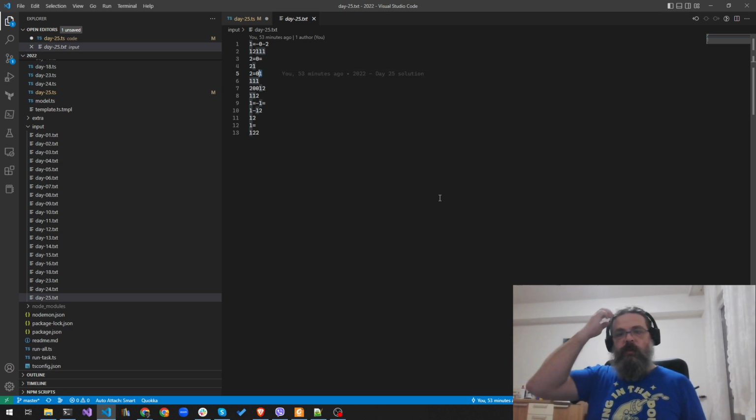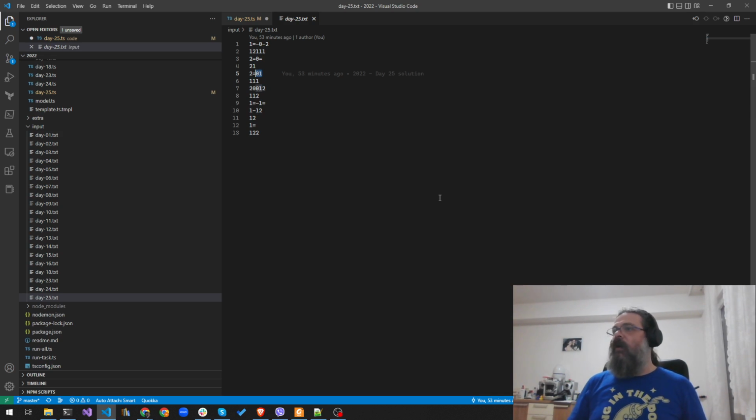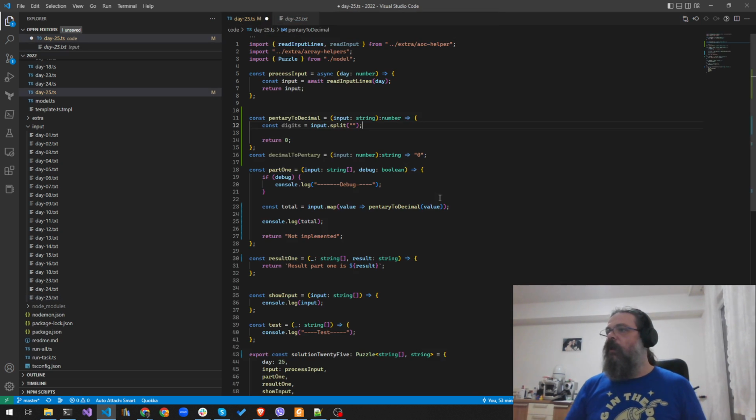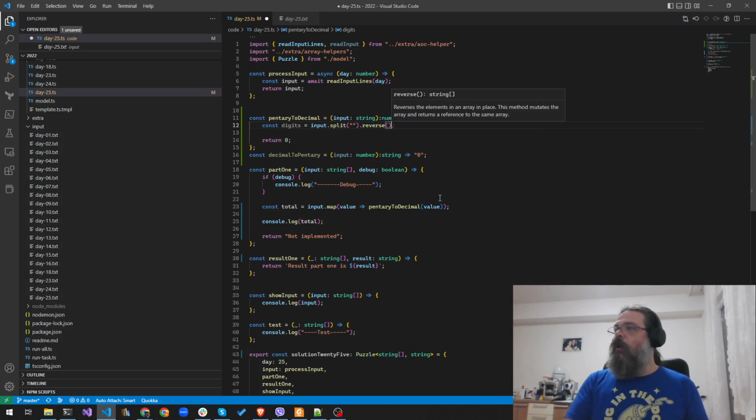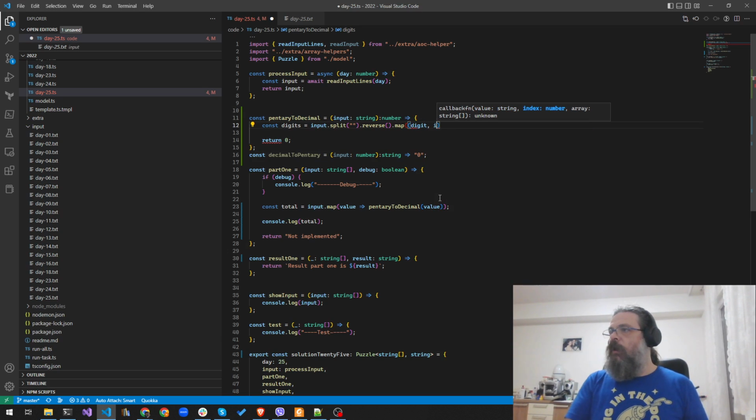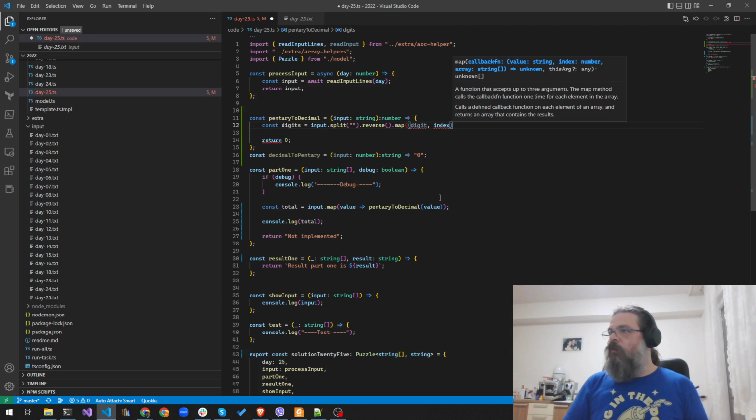Because we will need to multiply this with 5 to the 0 degree, 5 to the first degree, 5 to the second degree, and 5 to the third degree. So I will just put in a reverse here. And then we can map this. So each digit and each index is gonna get transformed into